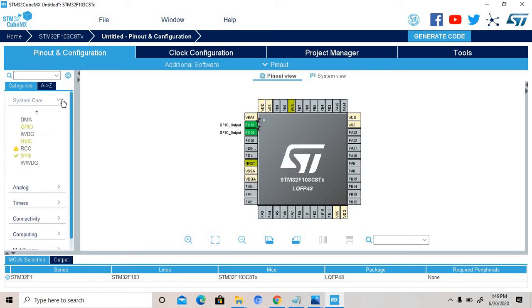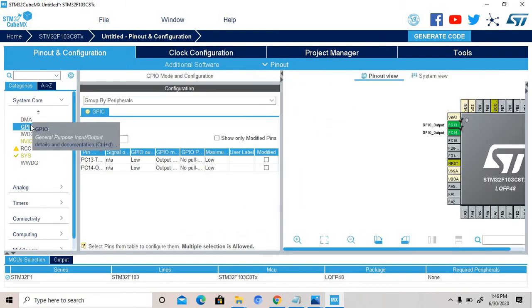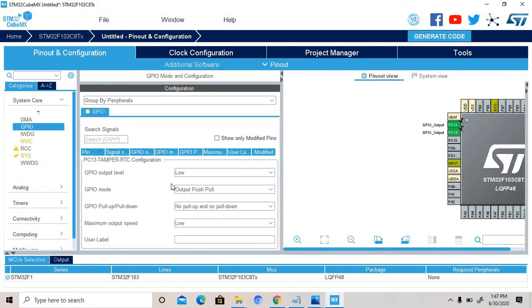After that, go to the GPIO, select this one and give the name. Suppose we give the name LED1.